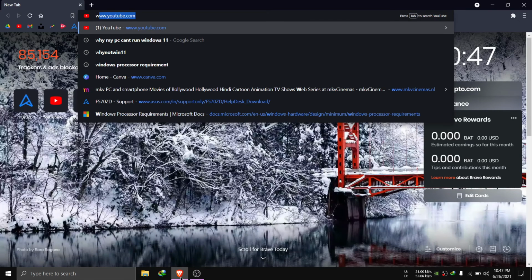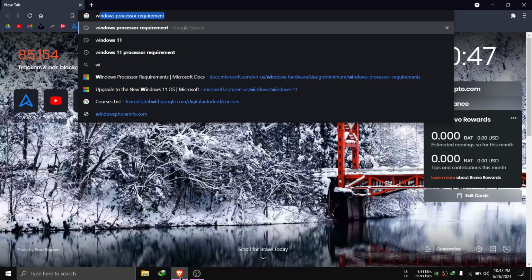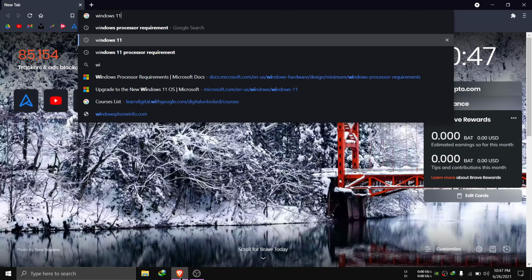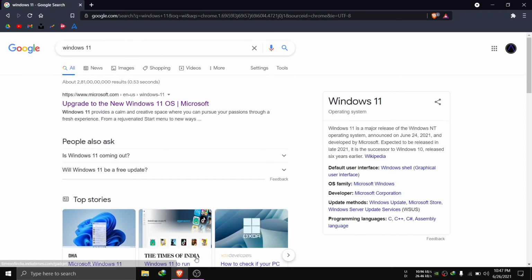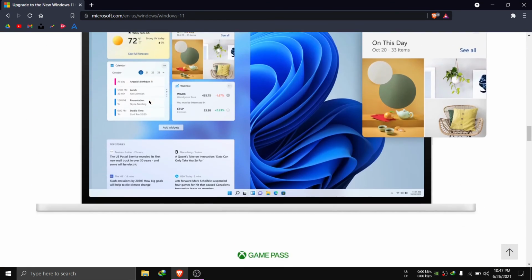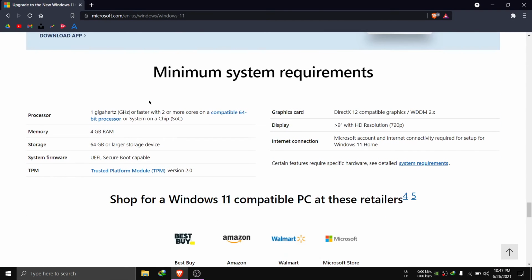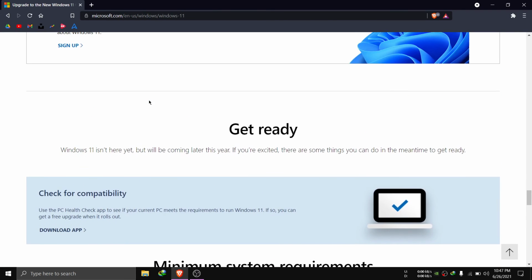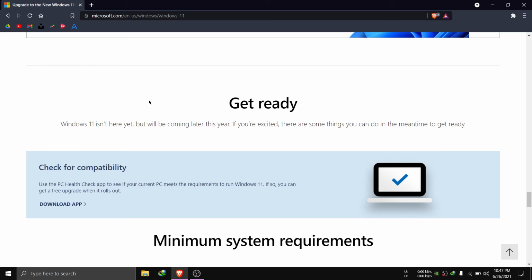So to check out, head over to your browser, search for Windows 11, click the first Microsoft link, and at the bottom you can see the link to download that app. You can click here to download it. I will put the link in description. So download and install the app,